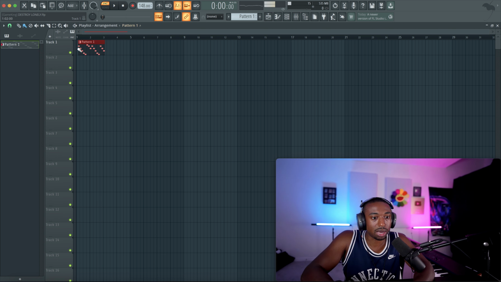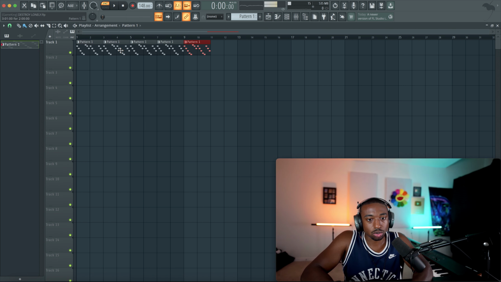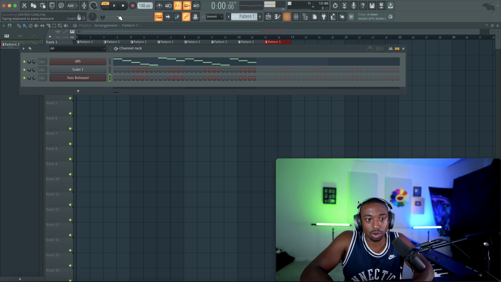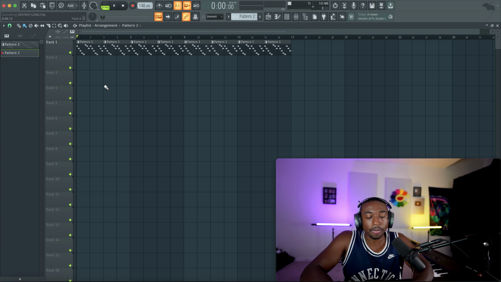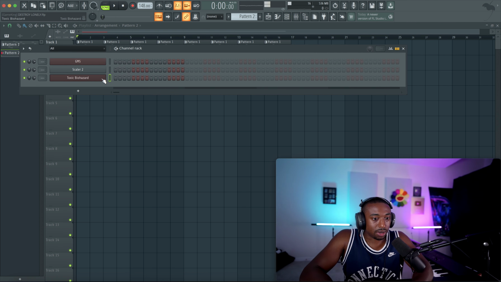Let's create a new pattern here and add this to our playlist. We're going to hit Control B to latch paste all the way to 16 bars. We're going to go to song mode now and start composing as we build out these patterns. Pattern 2, we're going to add it in. And again, you guys will get the project files for free, so if it gets too confusing, you'll have them.